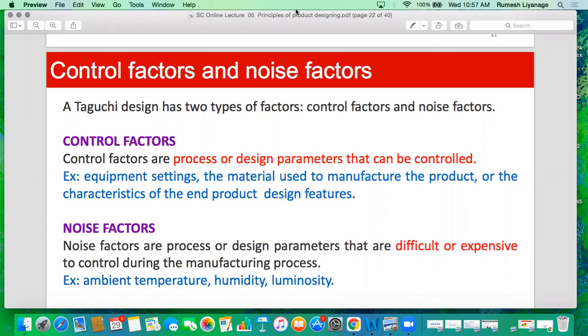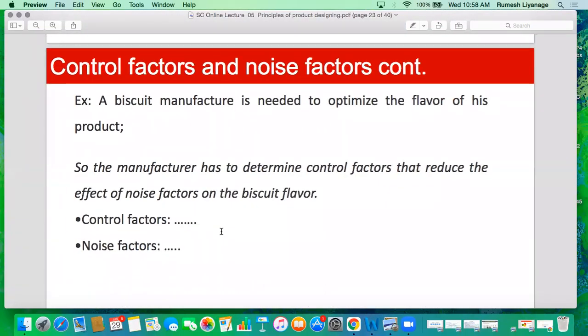As an example, the temperature in your room is a little bit easy to control. You have to use a fan or a small air conditioner. When it comes to your entire house, it is highly expensive. A biscuit manufacturer needs to optimize the flavor of his product. So the manufacturer has to determine control factors that reduce the effect of noise factors on biscuit flavor. So what are the control factors and noise factors? For the flavor, control factors are, for example, temperature, time, moisture, and ingredient level. Noise factors are